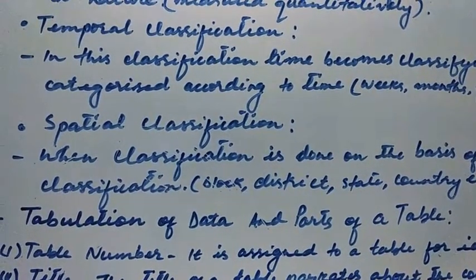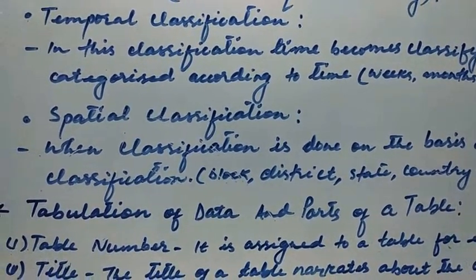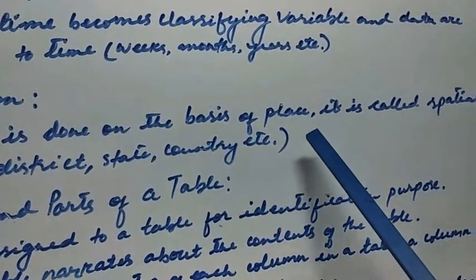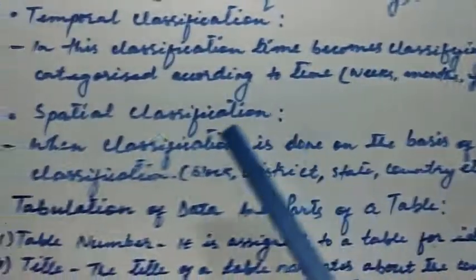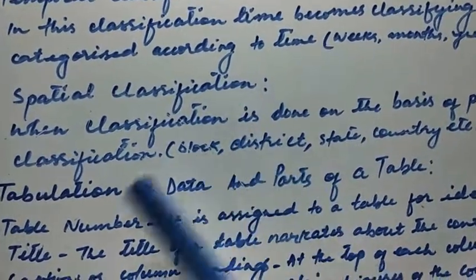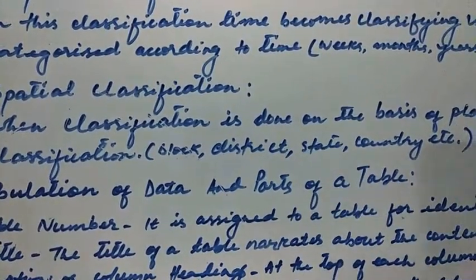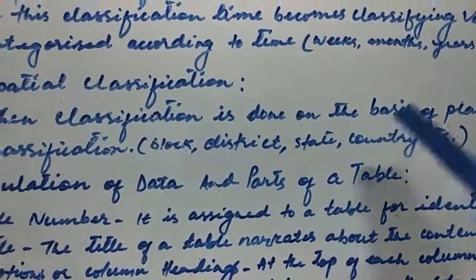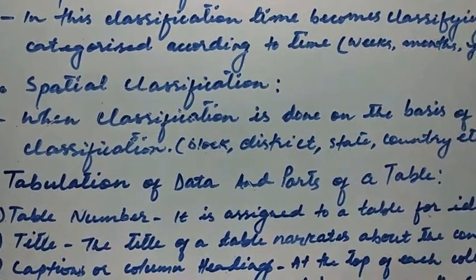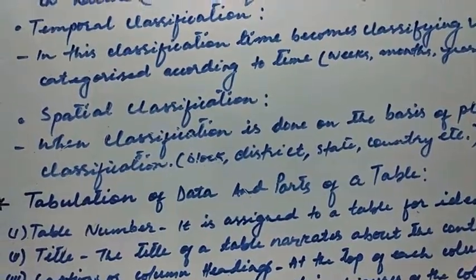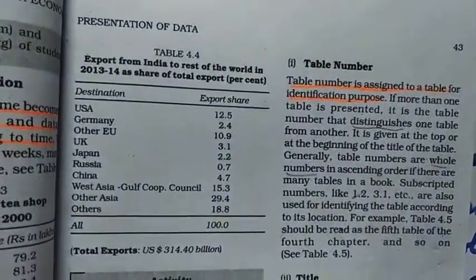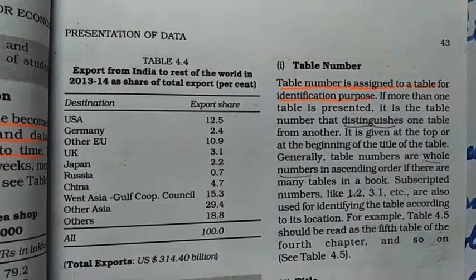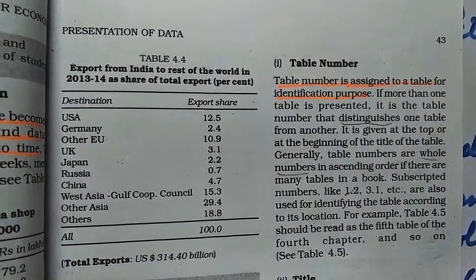The last one is spatial classification. So when classification is done on the basis of place, it is called spatial classification. When classification is done on the basis of place, region, it can be block, district, state, country, it is called spatial classification. So table 4.4 is an example of spatial classification, and we are giving the data of export share according